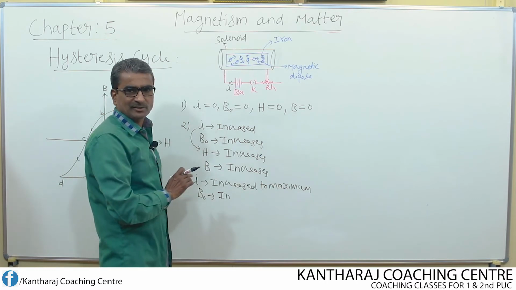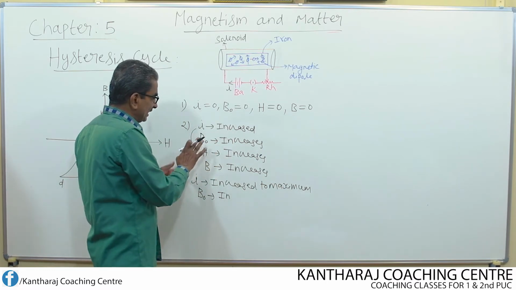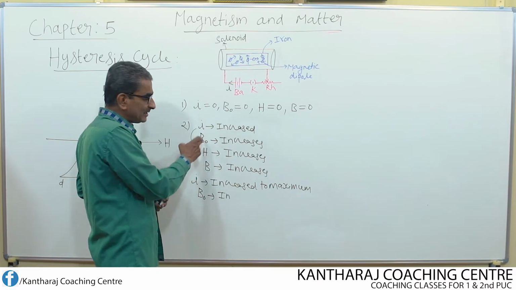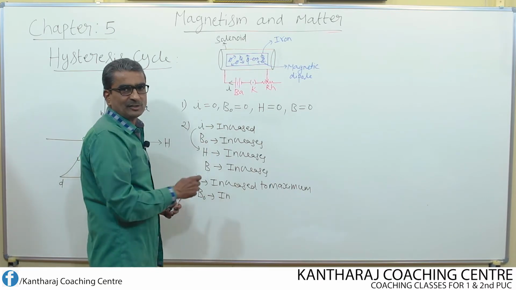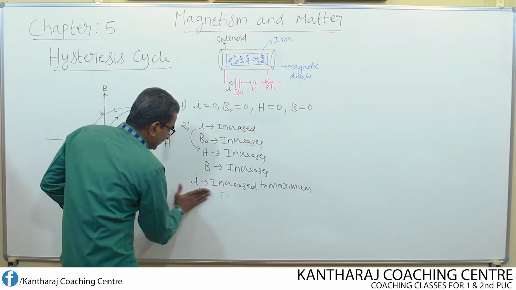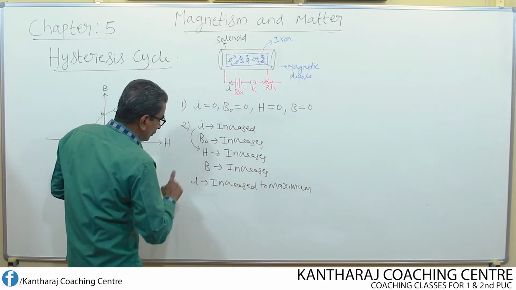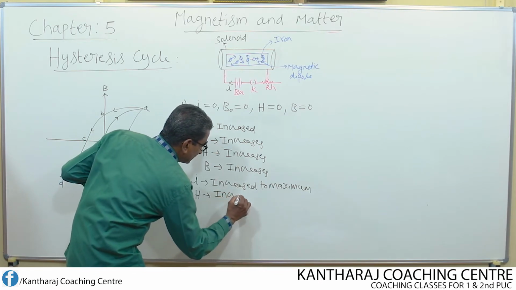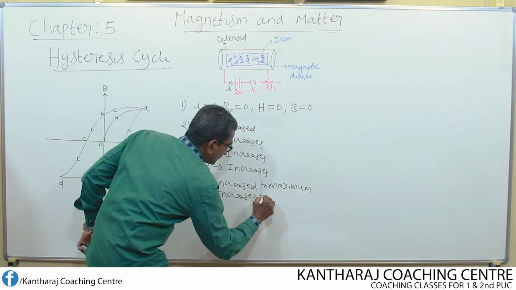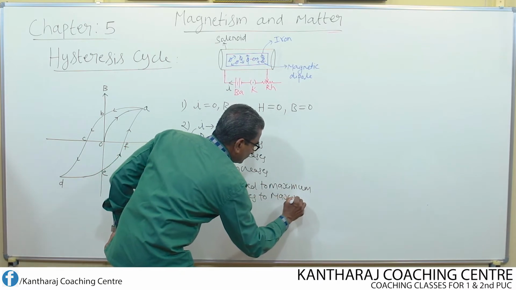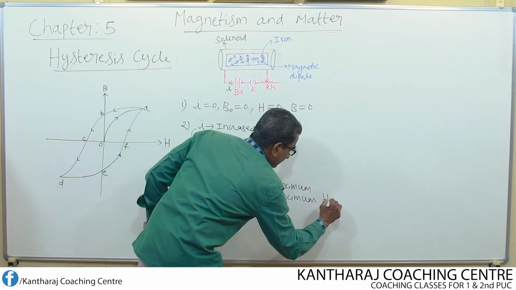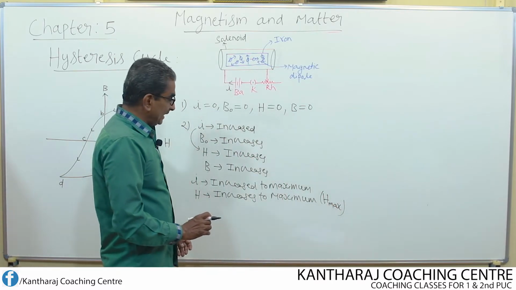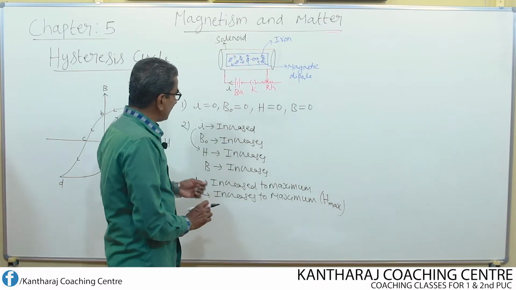Here afterwards, while explaining, I drop B naught and directly connect I with H. Okay. So in the initial stage, let us know that if I increases, B naught increases. If B naught increases, H also increases. So this is how all are related to one another. So if I is increased, directly now I go to this H. H also increases to the maximum value. What is that maximum? I call this H maximum. If H becomes maximum, then what happens?